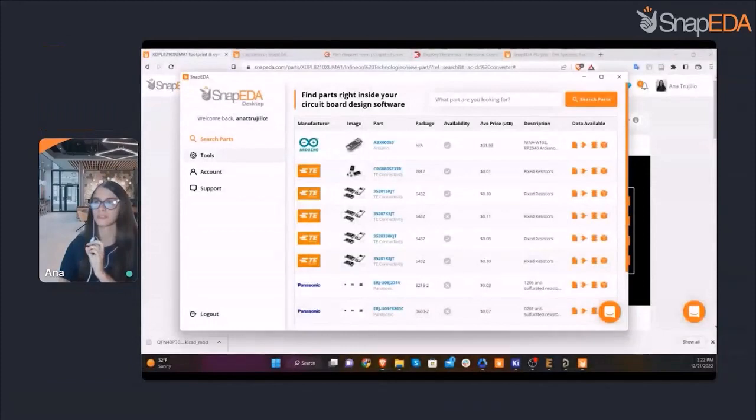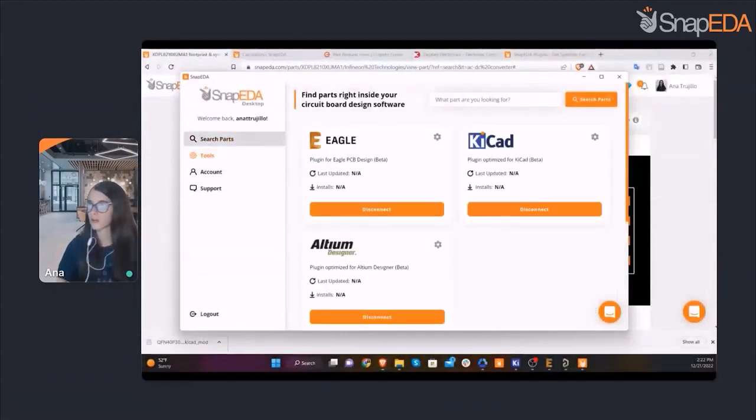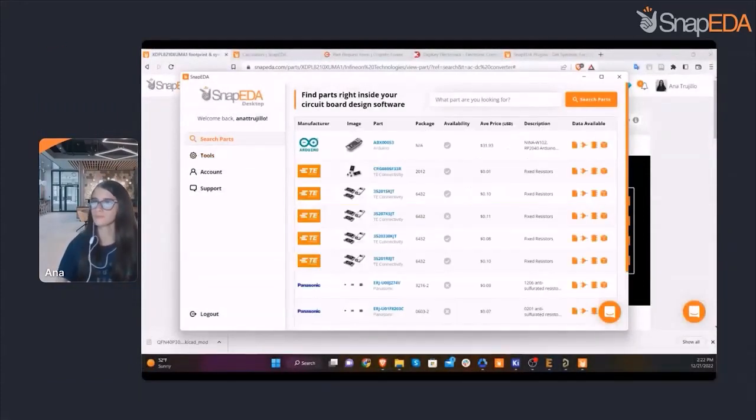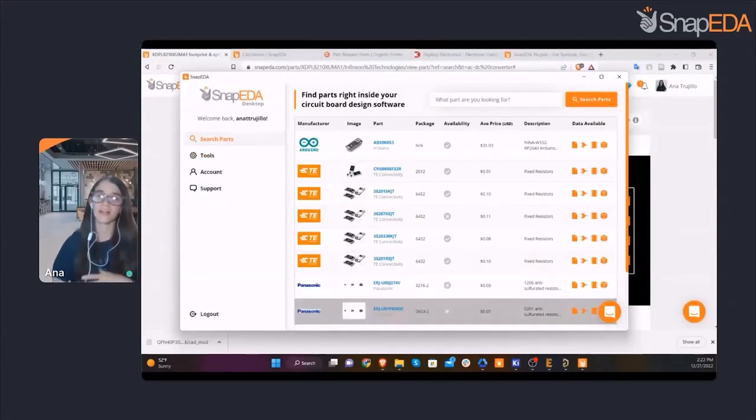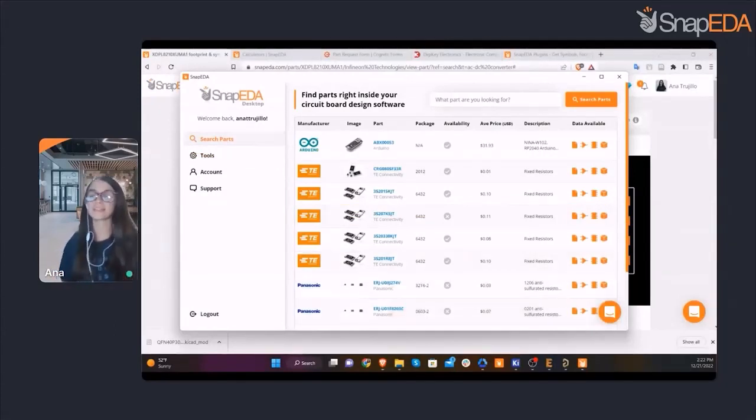So one of the first things that we have right now is our Snap38 desktop app. I'm going to show it to you over here. Let's give it a couple of seconds while it loads. Okay, so we have our Snap38 desktop app. This is an app that you can download on your device.